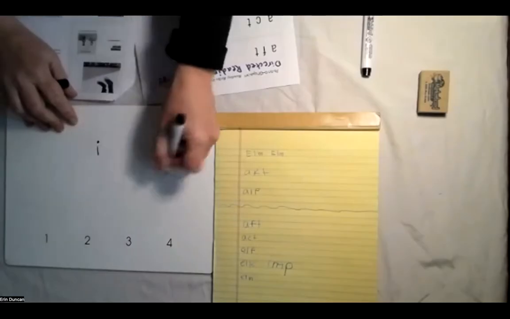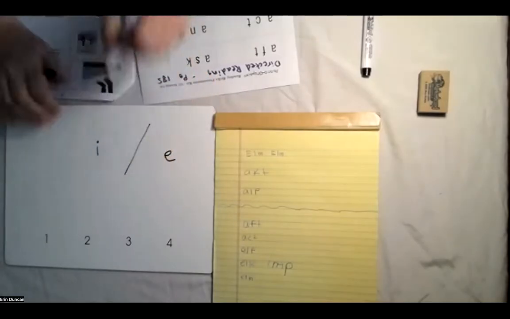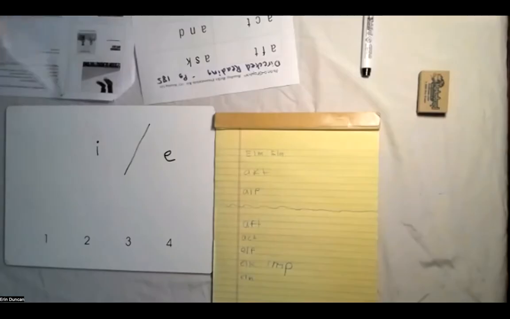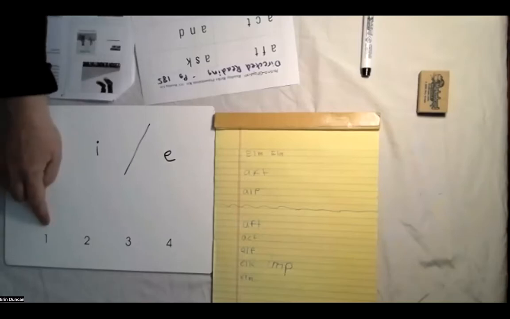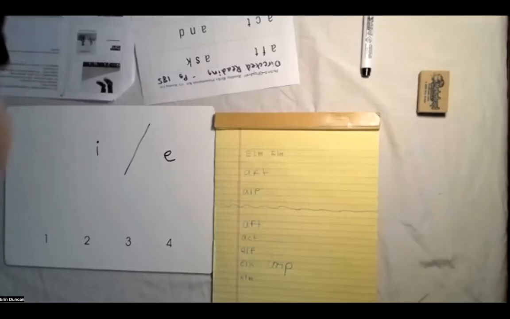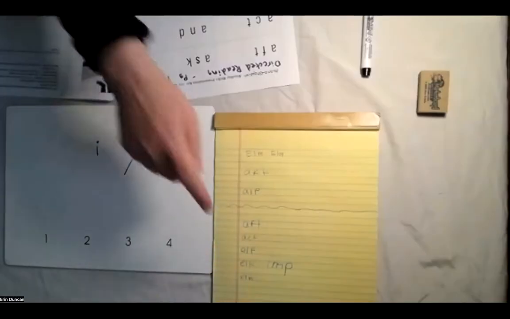But you might also use that same sort of idea for the students who are consistently having troubles with I versus E, for example. You could ask them to point to the one they hear first, get it right so that they're always writing the correct one first. Let's say, for example, Sam, we're going to build the word or write the word elm. What's the first sound you hear in elm? Great. Now, before you write it, which one of these is E? Yes, you remember right. Use that to write elm.